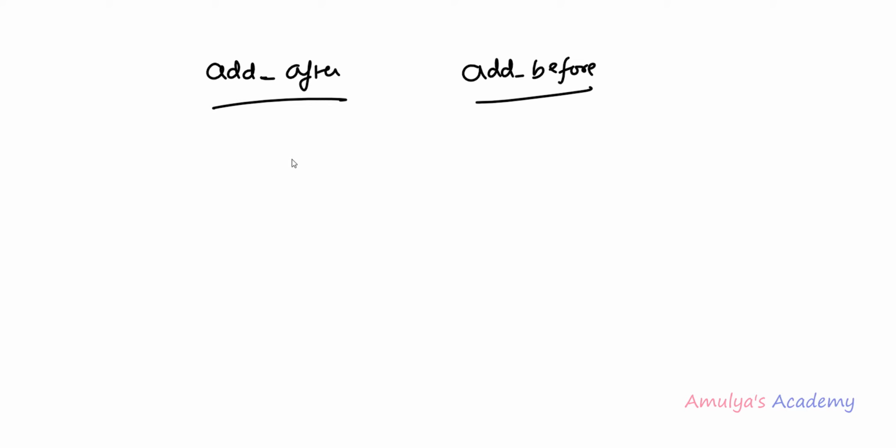In both methods, first we'll check whether the doubly linked list is empty or not. If the doubly linked list is empty, that means we can't add any new node after or before the given node, right? There is no node present in the doubly linked list. We need to add the new node after or before the given node. If that given node is not present in the doubly linked list, then how do we add the new node, right? That's why first we need to check this. In both methods, first we need to check whether the doubly linked list is empty or not.